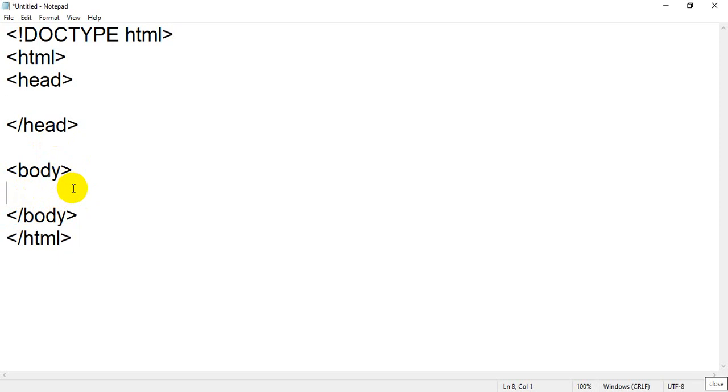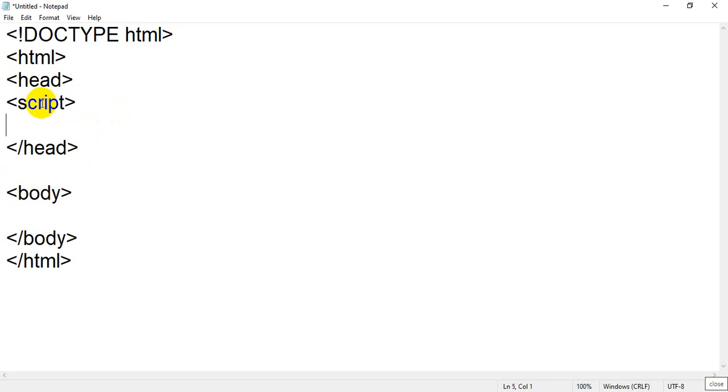But mostly, as I have seen, or many of you have seen, most programmers and software developers use the script tag inside the head tag. Okay, so follow our ancestors, no problem. So I'm going to add a script tag in my head section. If you want to add any scripting language, HTML provides a tag called the script tag. Okay, so I have added the script tag.